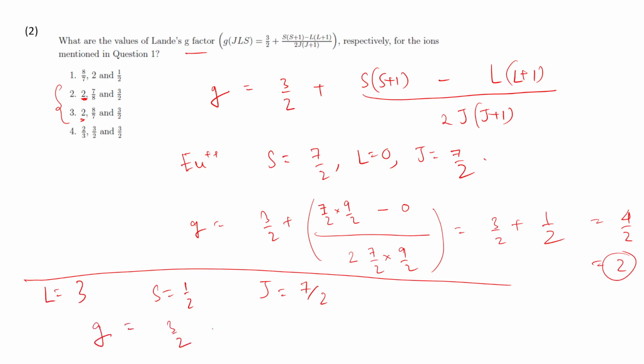J is nothing but 3 by 2 plus S is half, and half plus 1 is 3 by 2, minus L. What is L? L is 3. 3 plus 1 is 4, divided by 7 by 2. So 2 times J into J plus 1. J plus 1 is 9 by 2. So what we have is 3 by 2 into, so plus 3 minus